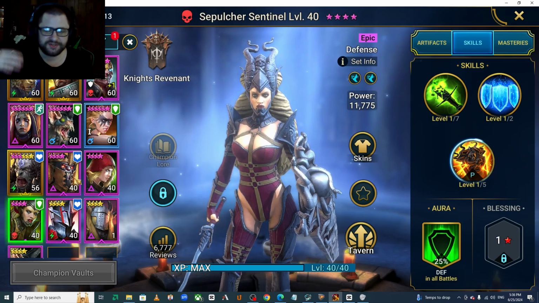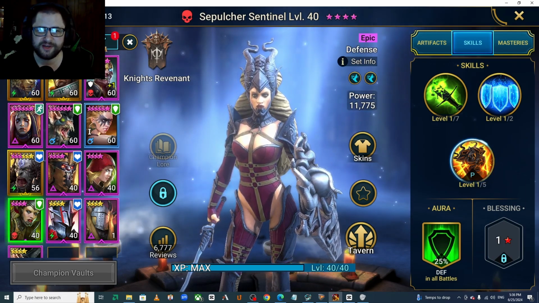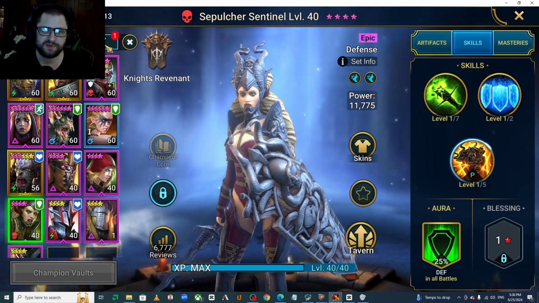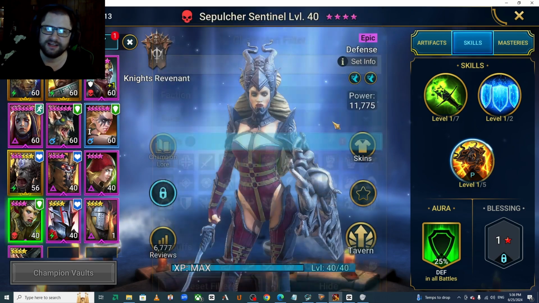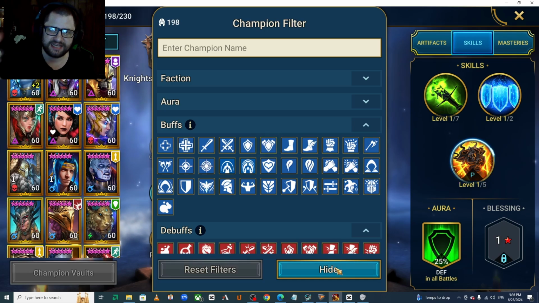Okay, so those are your ways to stay alive. Now we're going to need some offense. How are we doing that? Well, the best thing to do against this boss is to poison and HP burn. Raw damage is great, but that will run you into some trouble because he will do a retaliatory strike at